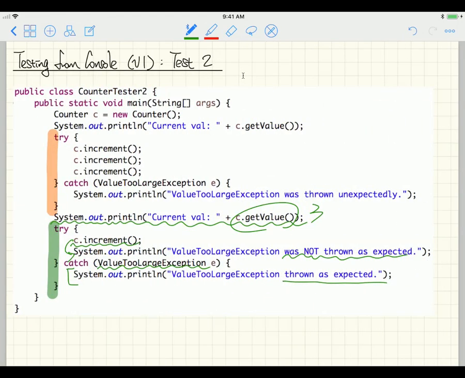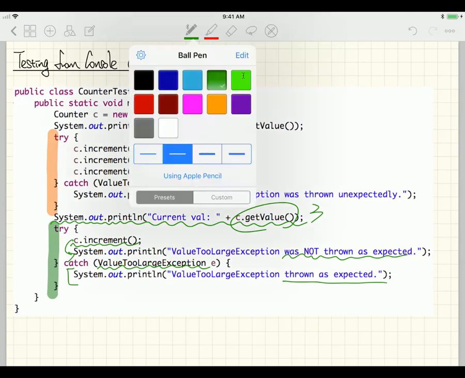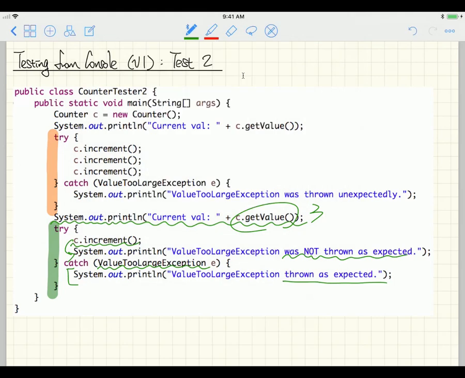But now let's see how we can negate the logic over here. Okay? Structure is very similar, but the way you think of it is a little bit different. Okay? So now let's see this over here. Again, we have a try and catch block over here. So we have try and catch and C dot increments, C dot increments, C dot increments. We do not expect any exception to be thrown for any one of them, right? So that means if we can reach this catch block over here, is that something we expected? No. So that means if we can reach over here,